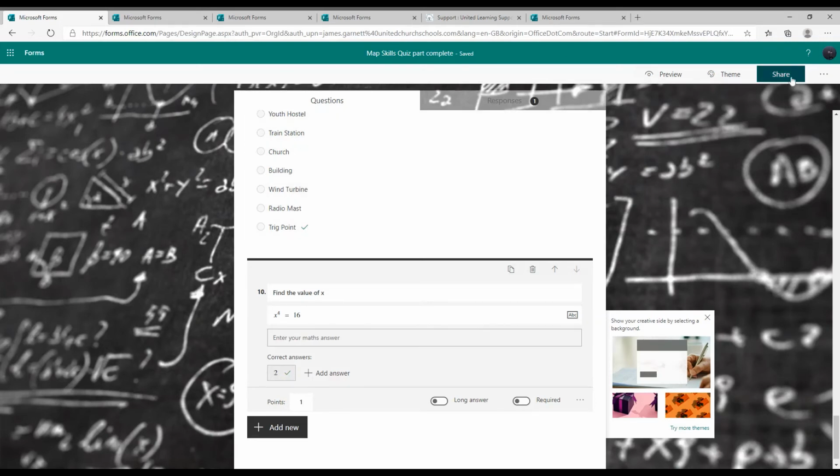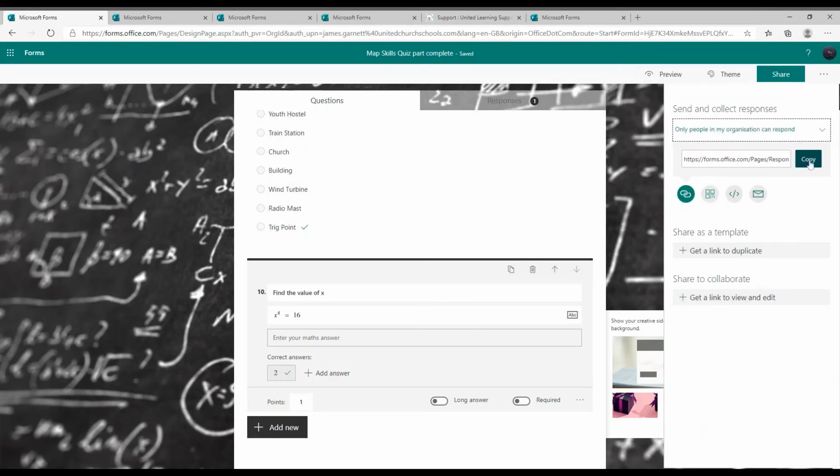And you can then share that with your students, either by copying and sharing the link or embedding it within your Teams assignments. And that's certainly the way I would look to do it. And we'll have a look at that